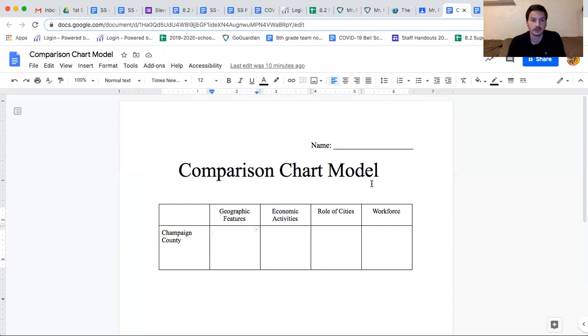You're doing it on the North and the South before the Civil War, and you're going to use Discovery Ed. I'm going to use my own prior knowledge about the history of Champaign County and just show you how the assignment looks. So for geographic features, remember I talked about, in the early 1800s, Champaign County was mostly